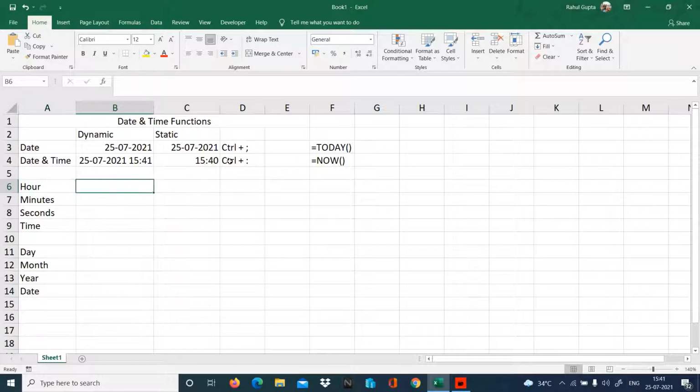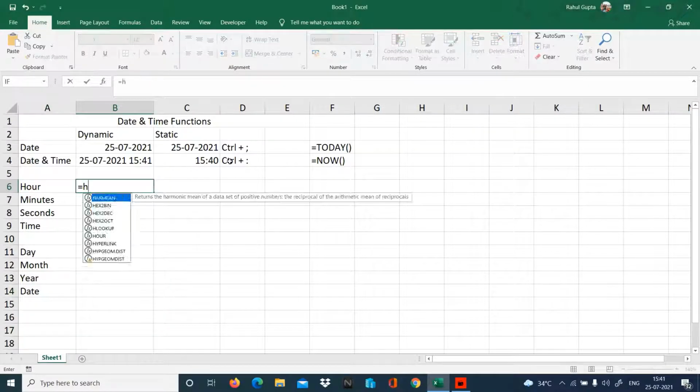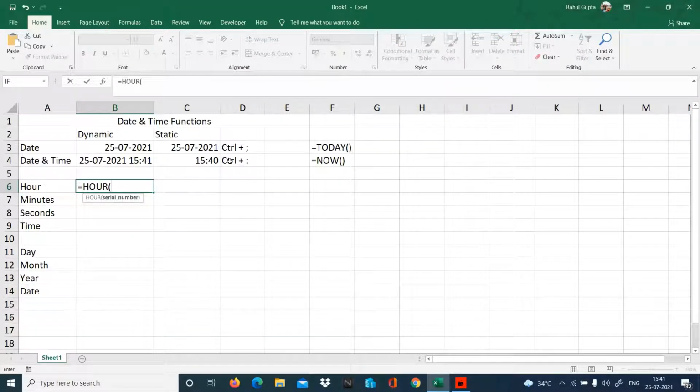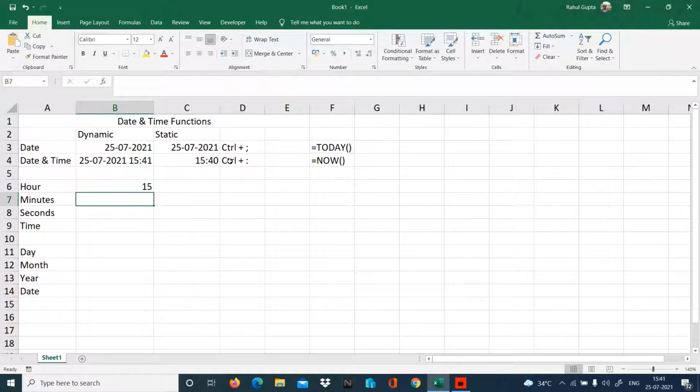So let's get the hour: =HOUR. Whatever time has been given, accordingly you have to take it out. I am going to use the output of NOW to take out the hour. So I'll select this, close the bracket, enter, and it shows 15 hours. That's the hour right now.